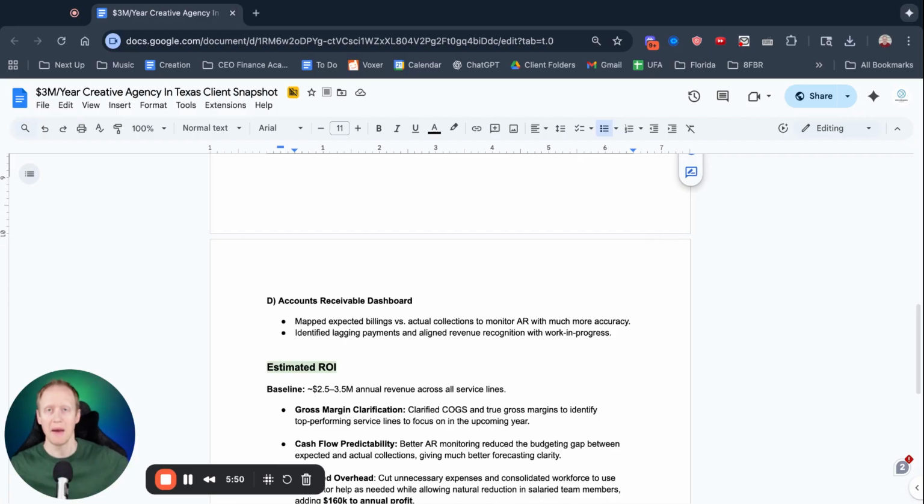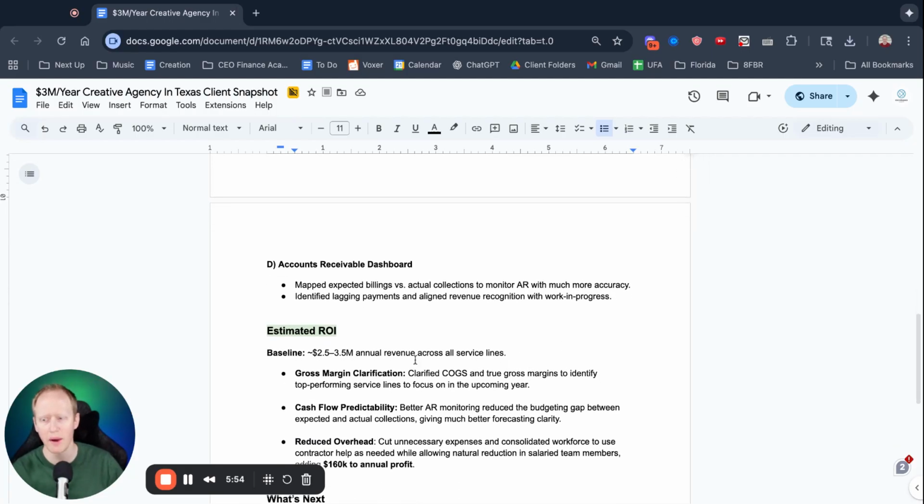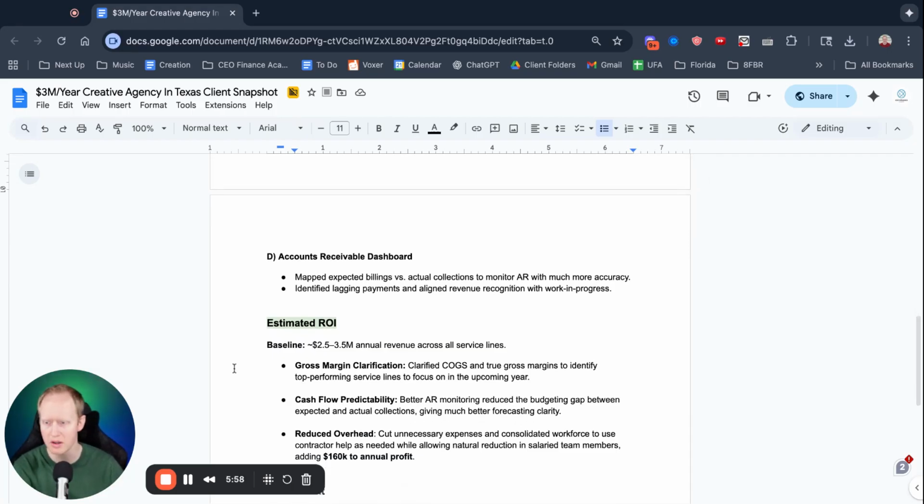So let's talk impact for these guys. Estimated ROI for this. So they're doing around $2.5 to $3.5 million, give or take. The first thing from an ROI standpoint is that we clarified their gross margins like we talked about, so that they knew what we call true gross margins. This is never something that I see bookkeepers do. I don't even see most true CFOs do this, where we look at per service line and we really dig